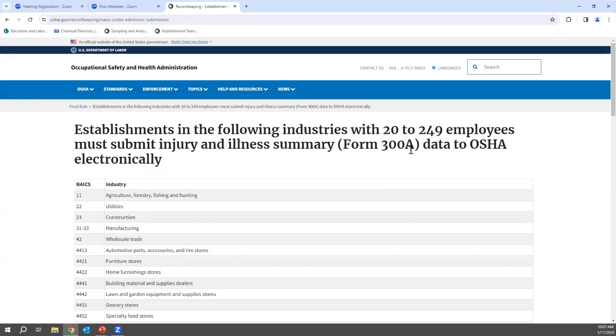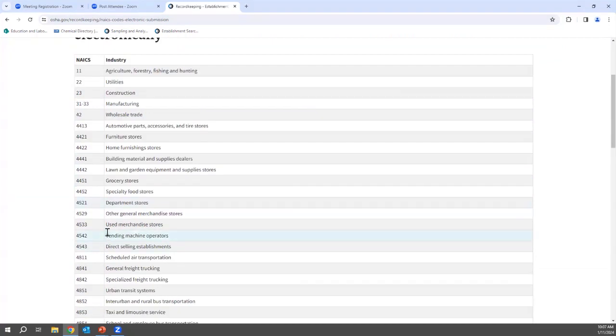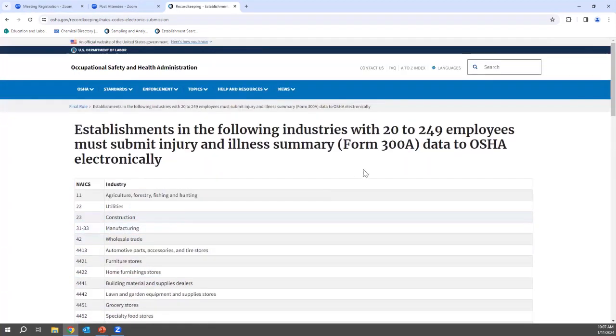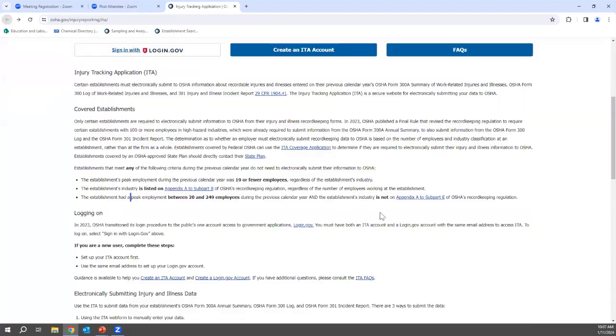And if that establishment location's NAICS happens to show up on this list, you'll have a circumstance where one of your establishments does not have to submit 300A summaries, and then the larger one whose NAICS appears on this list and has peak headcounts between 20 and 249 employees, they will have to submit. And then, of course, anybody with greater than 250 employees would have to submit their OSHA 300A summaries, provided that